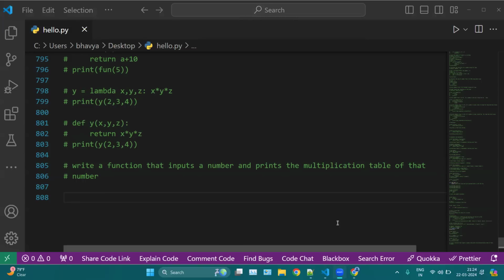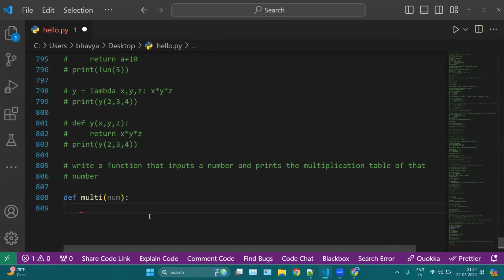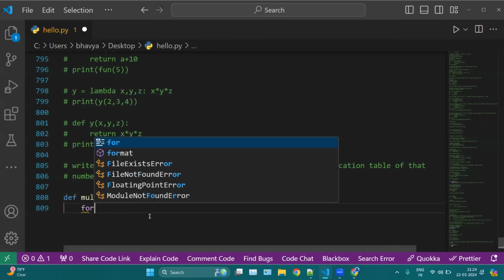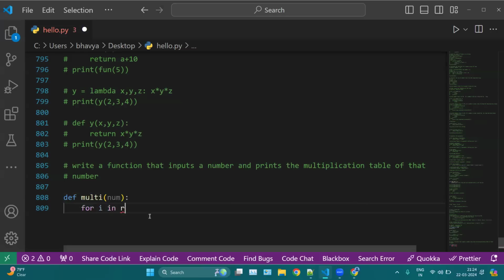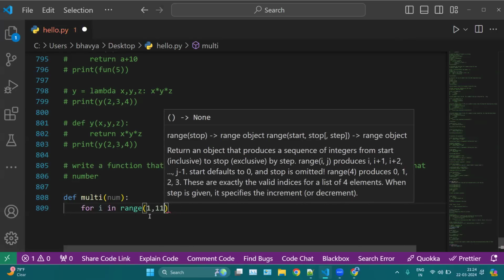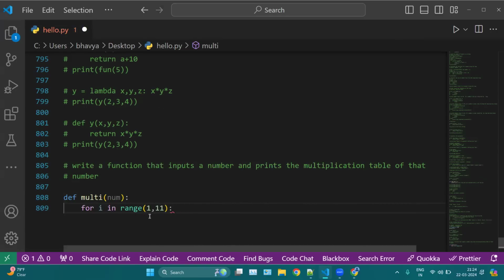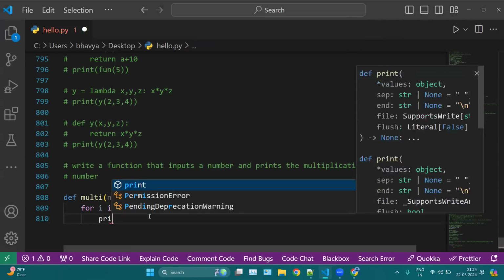So how do we solve this question? So first we can create a function def multi here, let's say. Okay, and here we will take a number. Now here we can use for i in range, right? Let's say from 1 to 11. We want from 1 to 11. And then we can simply print